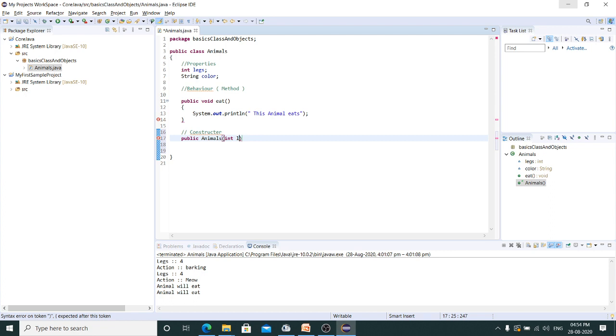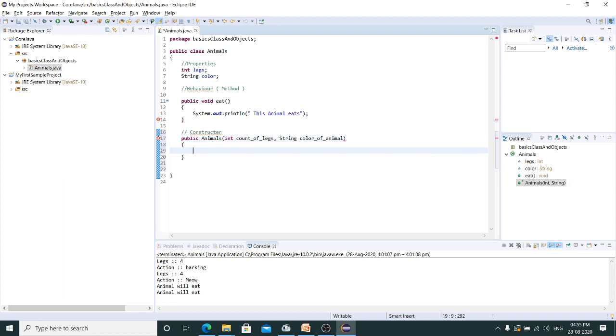You can give any name here, not just the legs which we defined here. So I can give any name inside the method. For now I'm giving count of legs, and let me take color. I'll say string color of animal.